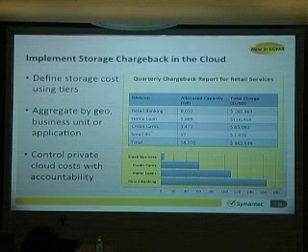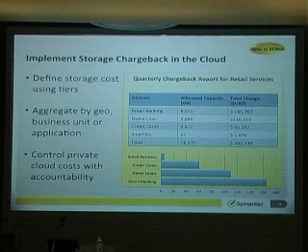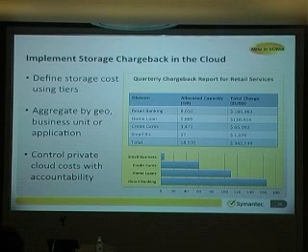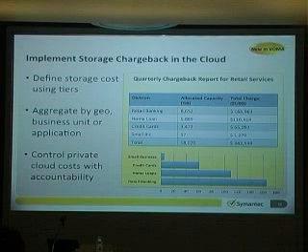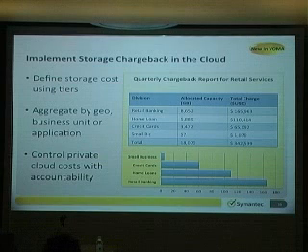It could be $10 a gig. Class B could be $5 a gig. Class C could be $3 a gig. So once you've assigned that cost, you know exactly which server or which application consumes how much storage from VOM. VOM can automatically generate this sort of